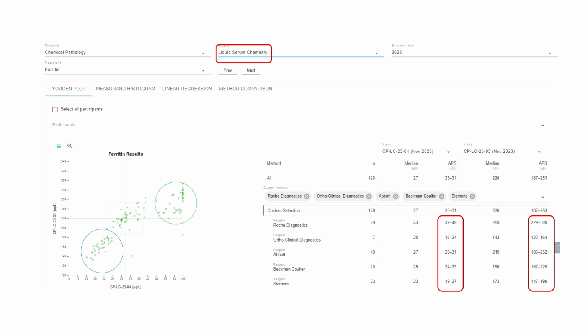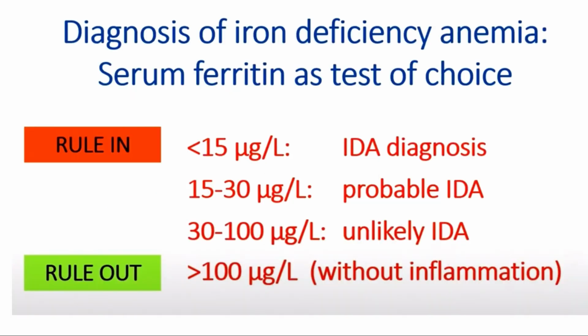Does it make a difference? Does it make a difference? Iron deficiency. So what's the criteria for iron deficiency? Less than 15, you're iron deficient. So if you had your ferritin measured in a lab that's got sort of a low, first question is, which method did they use to determine that the cutoff was 15? And we don't know.